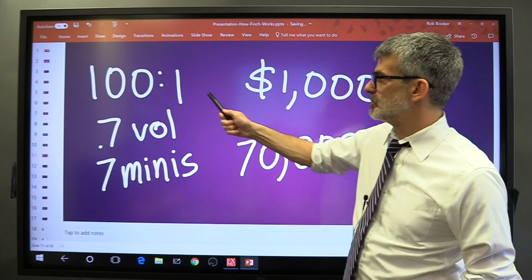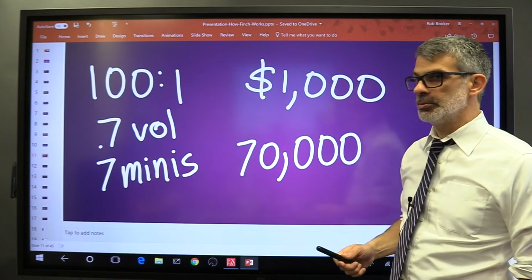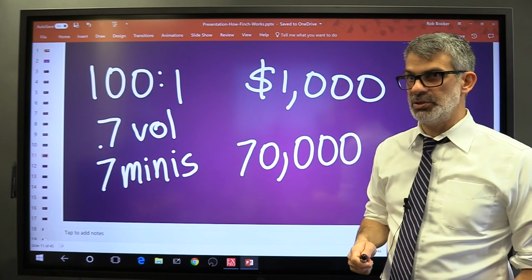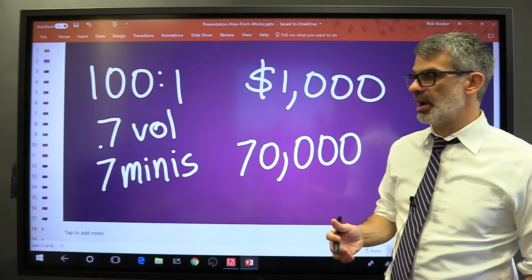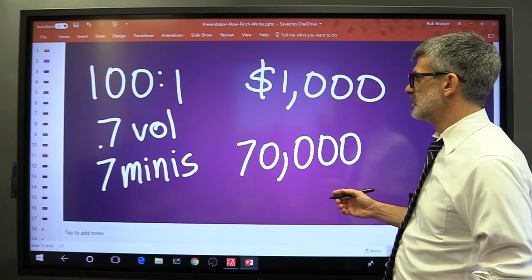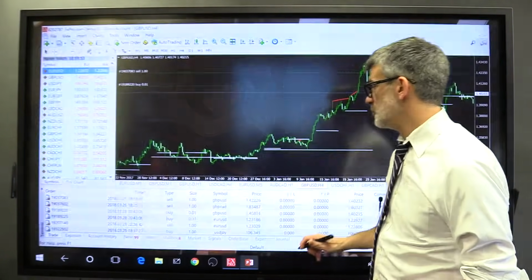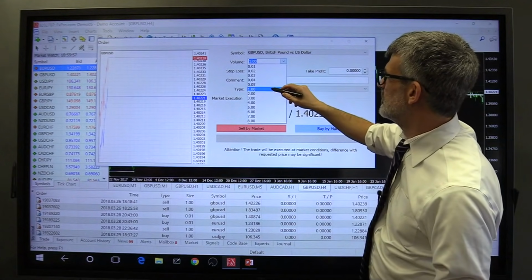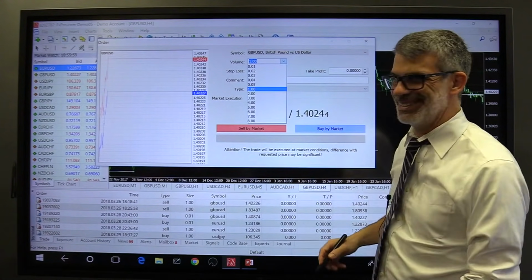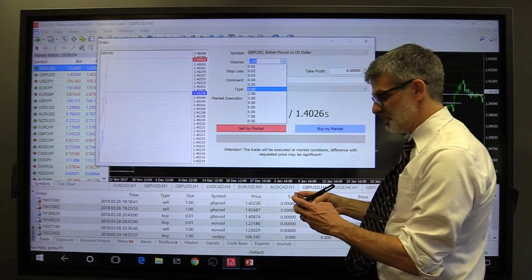Now, your broker offers you 100 to 1 leverage. They're willing to multiply whatever down payment you put by 100 times. So what you have to figure out is, can I trade 7 mini lots? The first way to find the answer to that question is, you simply go to your trading platform, Nate, and you simply type in 0.7. And I don't have my keyboard right here, but I could just try to type in 0.7,